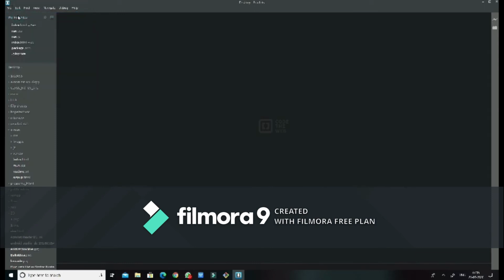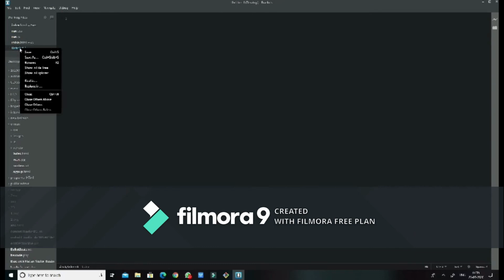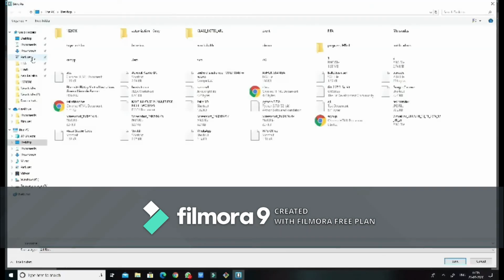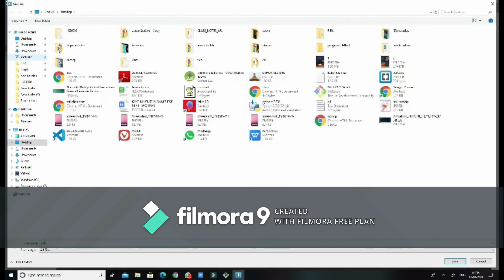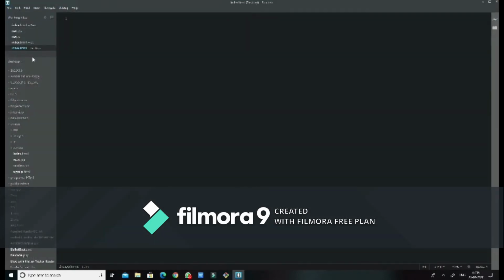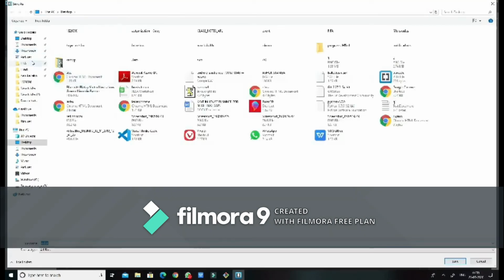So new, and let's name it, save as index.html. Sorry, we missed one thing.